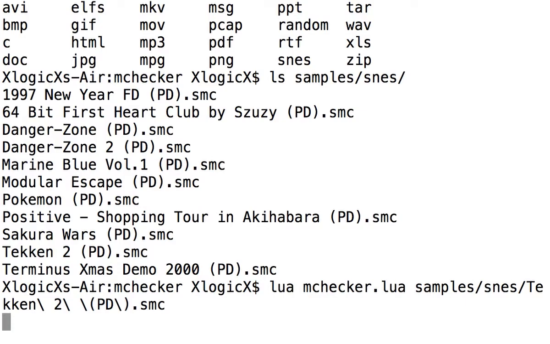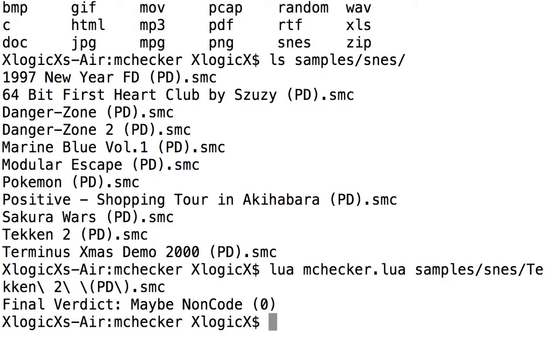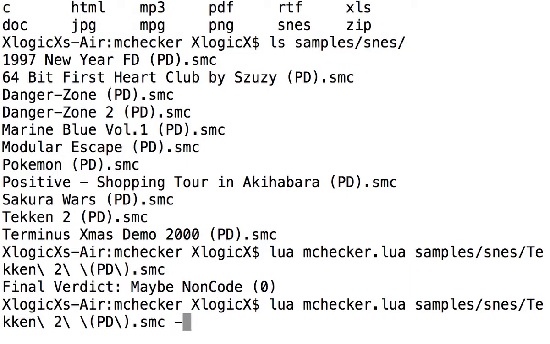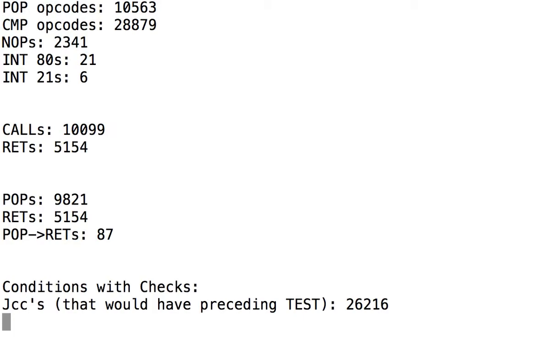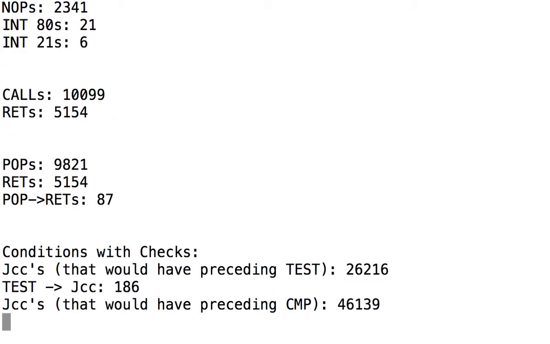This might take a little bit longer because it's larger, and I can strip down some of the heuristics in it as well, like more of the higher fidelity ones. Also, I have a lot of logic going on in it so that I'm not ambiguous. Maybe non-code, which is still accurate for x86. But yeah, a couple things I didn't show you. If you want to look under the hood of some of the stuff it's doing, and I'll scroll up when it's finished. But